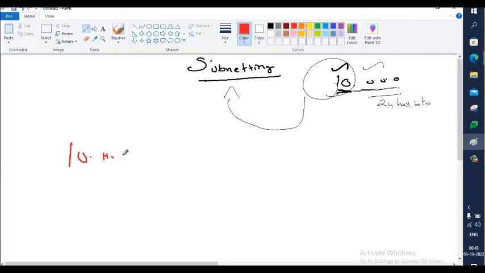For the host we have 3 octets in class A. We learned this in the previous class: class A, the first octet is masked, it's network. The other 3 octets are